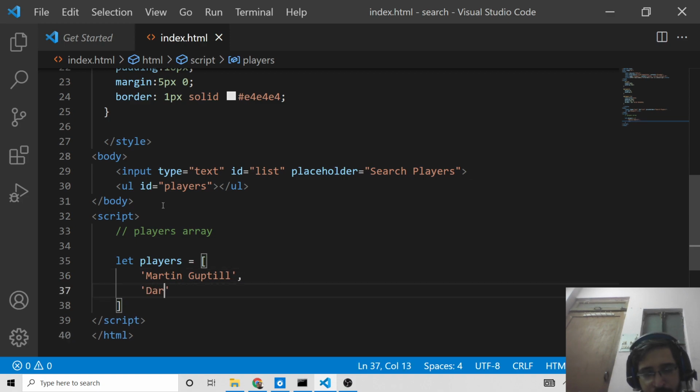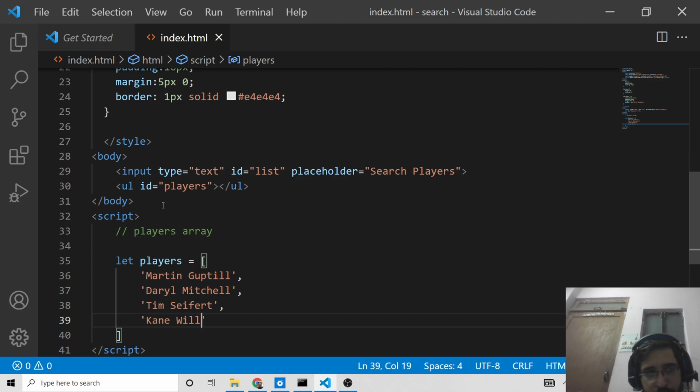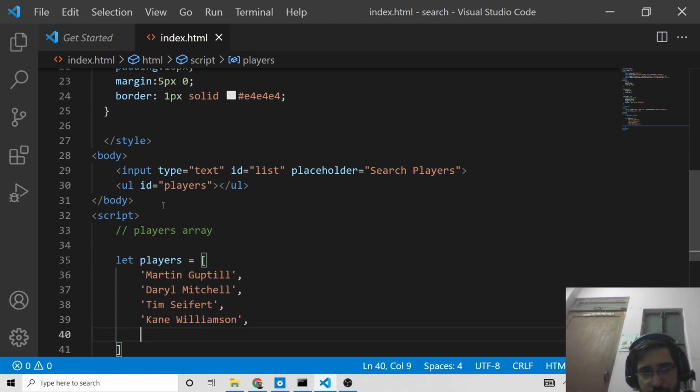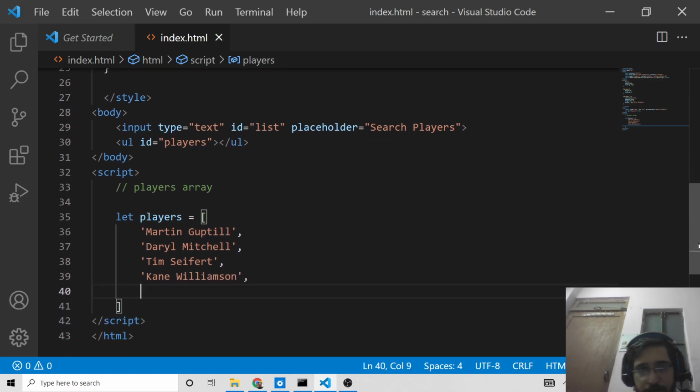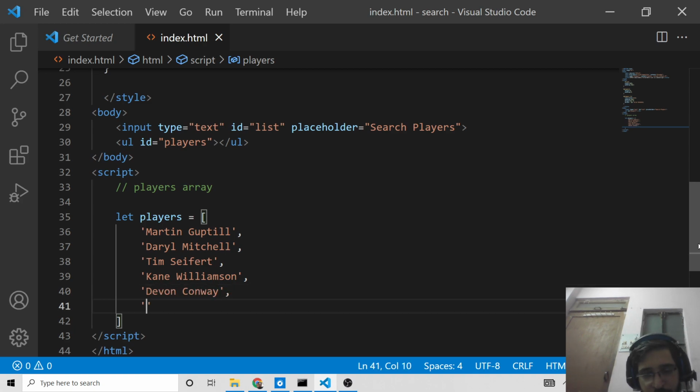Tim Seifert, then we got Devon Conway, then Glenn Phillips, then James Neesham, I think, yes.